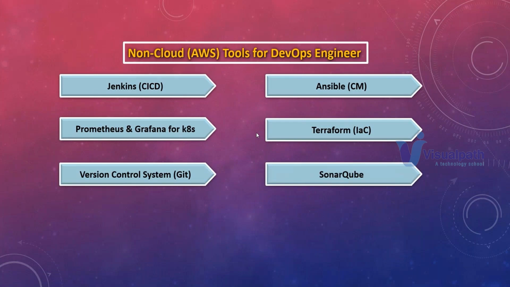Now let's see the next tool that we are going to learn. That is SonarQube. SonarQube is one of the static code analysis tools. I told you, right. As a security team, how will you identify that your code is secure? The code that you have written, how will I tell that it is secure? It doesn't have any vulnerabilities or code smells or anything else.